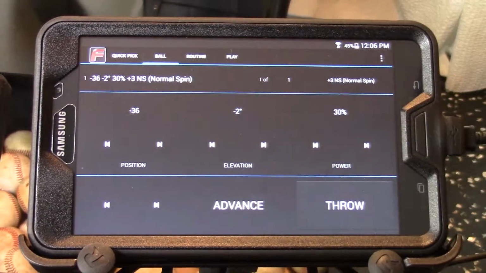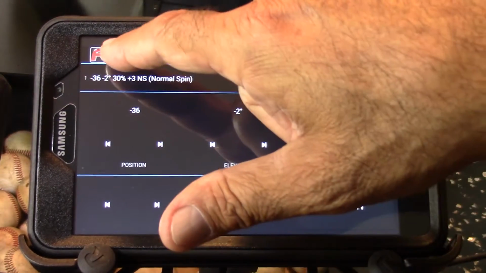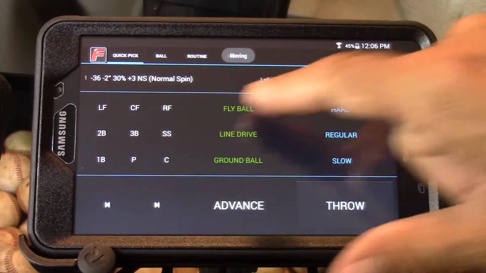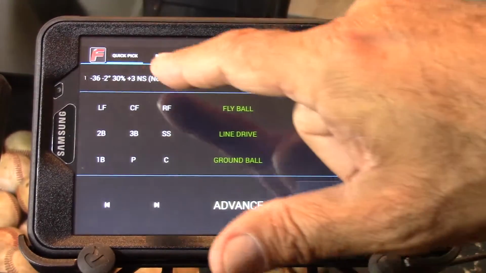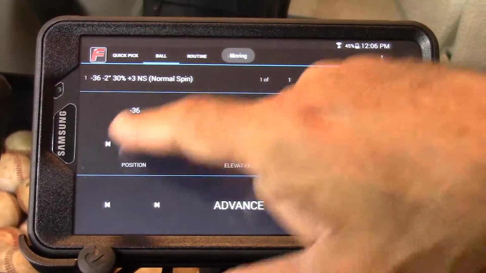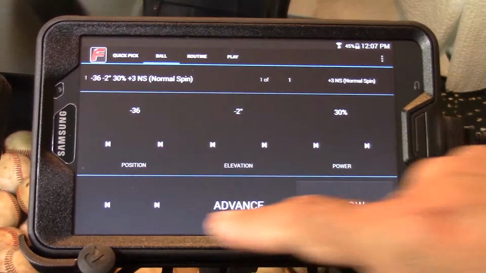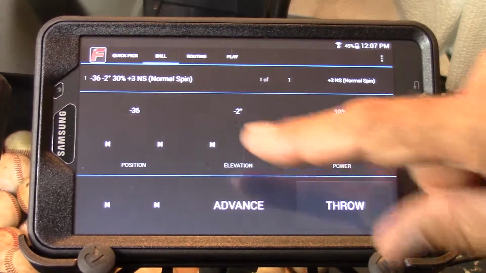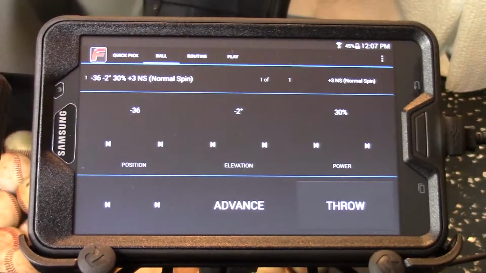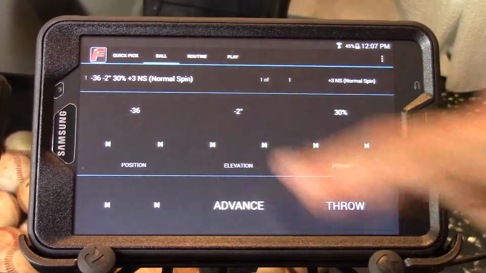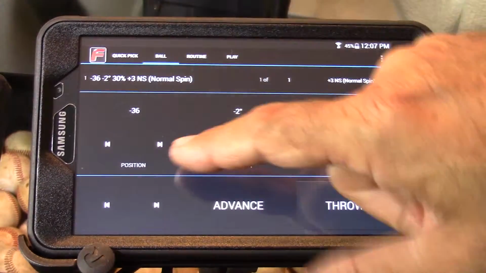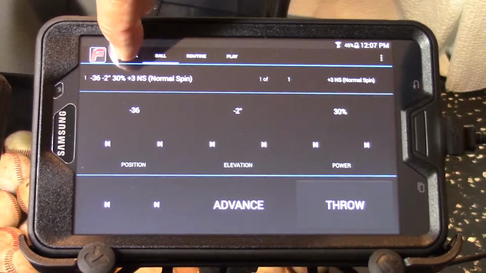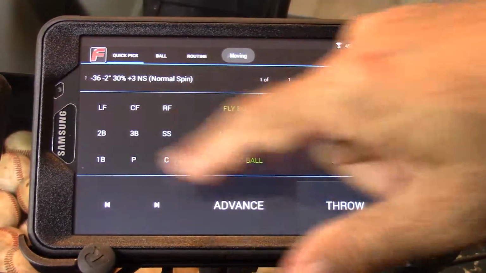From the ball page, you'll notice that very much like the quick pick page, you have position, elevation, and power. And so these look very similar. Still have the controls at the bottom of the page, but you'll notice you can fine-tune each one of those attributes. For instance, and I'm going to go back to the quick pick page, you'll notice that the position has